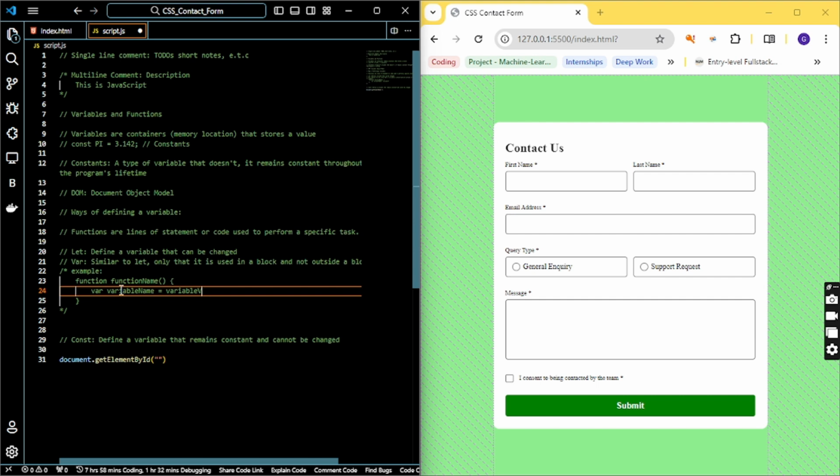So when you define a variable using var, basically what you are saying is that the variable is only available inside this function, right? It's not available outside of this function. So if I come outside here and I say